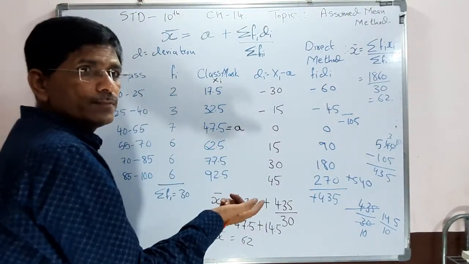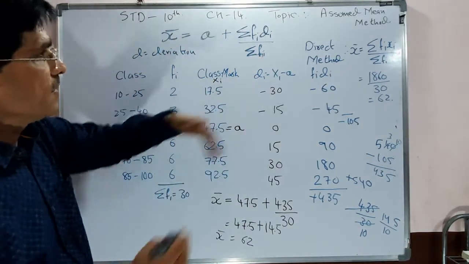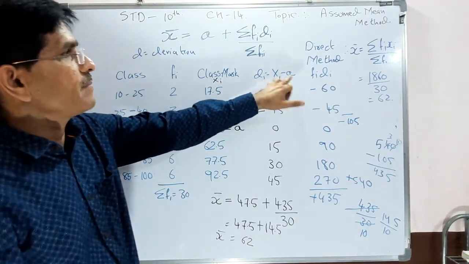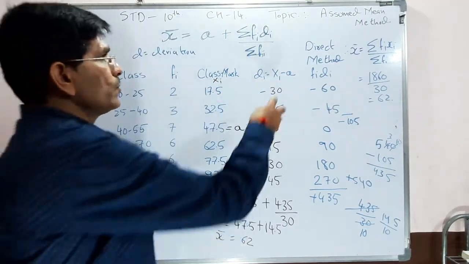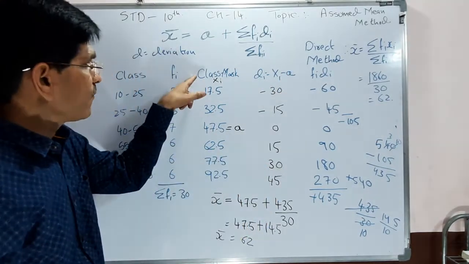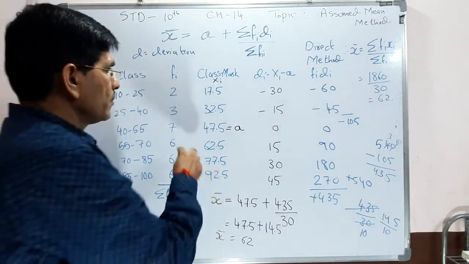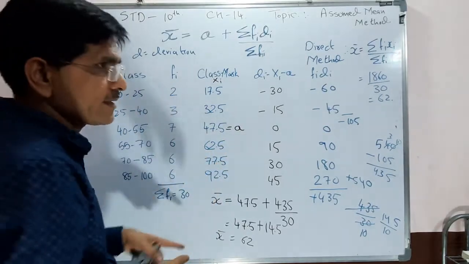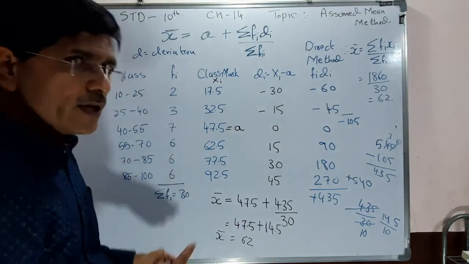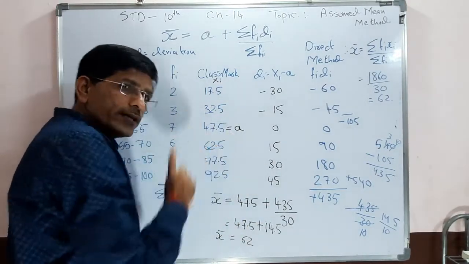Now what do we have to do? Now, important, this is the deviation. What is the deviation? It means the difference. The formula is di is equal to xi minus a, where a is the assumed mean. We have to find a from the xi, selecting it at the middle. If 5 classes are there, we can say middle. But 6 are there: 1, 2, 3, 4, 5, and 6. So 6 divided by 2 is 3, the third class. First, second, and third class, so I have to assume a there.